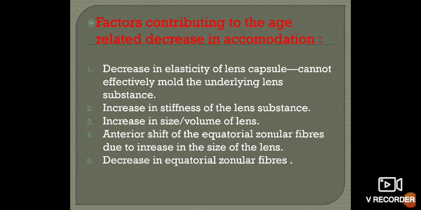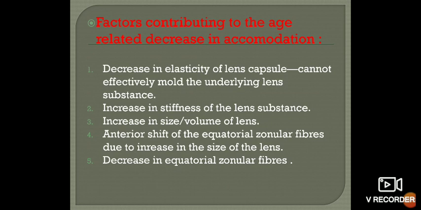Okay, so there are certain factors responsible for the decrease in accommodation. All this occurs because of the plasticity or elasticity of the anterior capsule and the material of the lens. So in young age, the anterior capsule and the lens matter are plastic. They are more elastic. They mold. As the age advances, there is sclerosis of the lens and hardening of the capsule, and as these changes occur, this molding will decrease, and as the molding decreases, the accommodative power decreases.